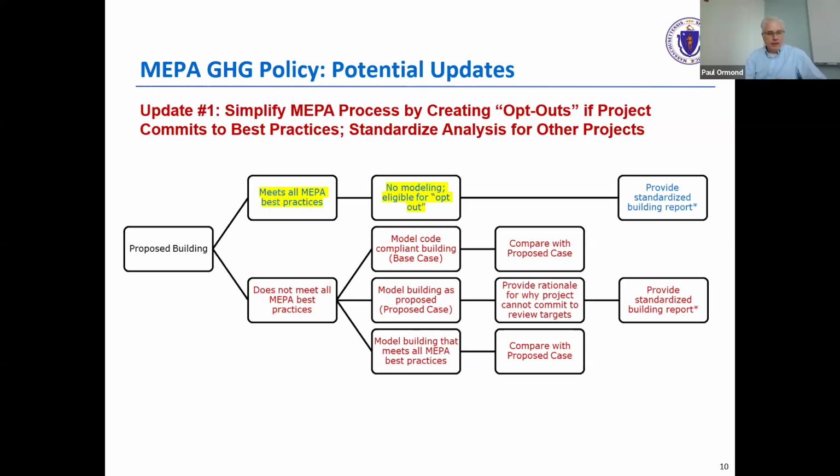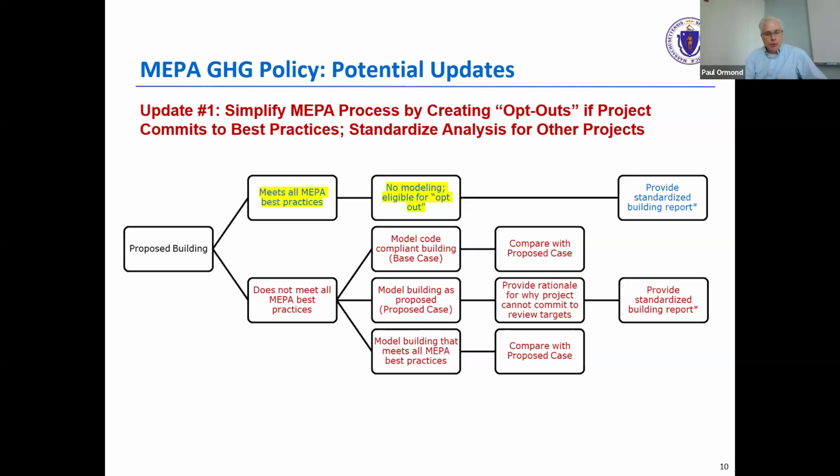The one change that we would make in that choice is that we would ask you to evaluate, as part of your choices, our list of best practices. So we would ask you to analyze that as one of the alternatives. And then we could compare and contrast what you're proposing to our best practice alternatives. So it gives some structure to what we're expecting to see for evaluations and hopefully simplifies the process. And if you think the project is amenable to the best practices, I think it simplifies the process considerably.